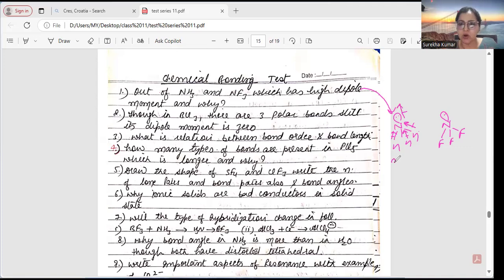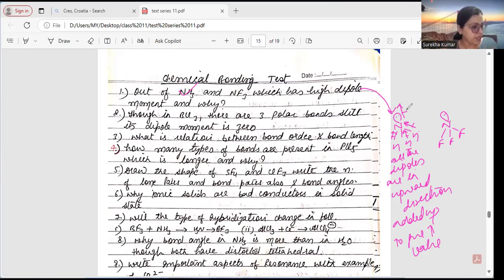What will you write? All the dipoles are in the upward direction, and they will be added up to give a high value. So ammonia has high dipole moment because all the dipoles are in the upward direction. In case of